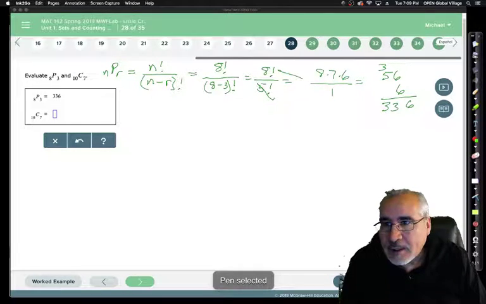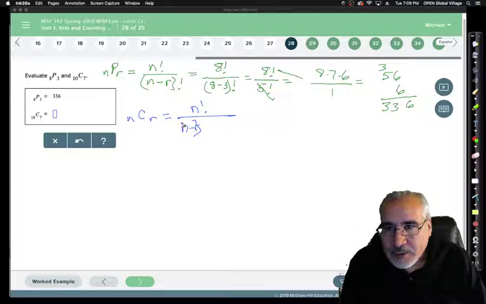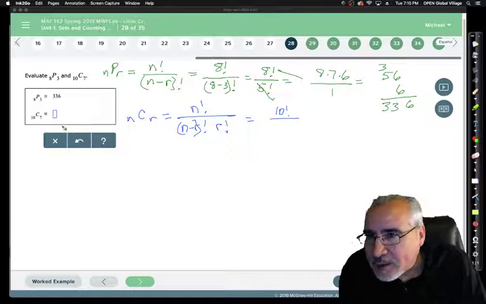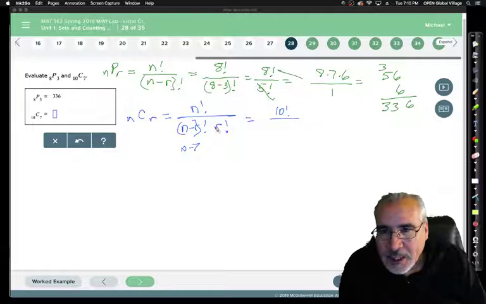So then 10 choose 7. So that's nCr, which is the formula n factorial over n minus r factorial, which is just a permutation. And then we divide by r factorial, which is the number of ways you can arrange something. So then we get 10 factorial. Is it okay if I take 10 minus 3 in my head? Oh, wait, it's not 3, it's 7. 10 minus 7 in my head. So 10 minus 7, we'll do it here. That's going to be 3